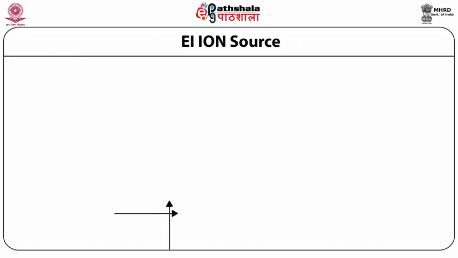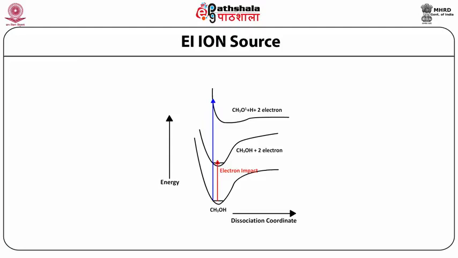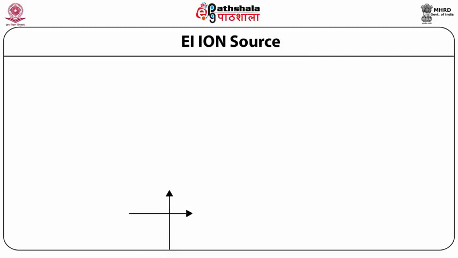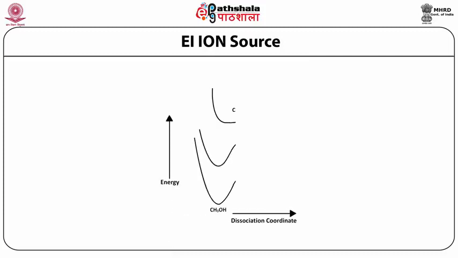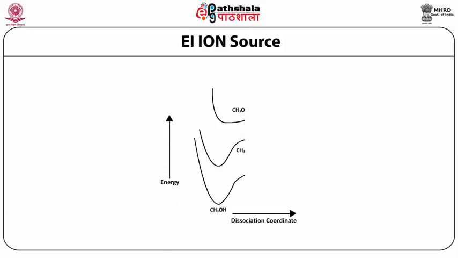The schematic diagram of an electron ionization ion source, for example, if it's a magnetic source, then north pole and south poles are there. Analyte enters into the ion source, whether it is a direct insertion or it's a GC or HPLC. The electron beams bombard the neutral molecules as it is depicted here. Electron beams have been shown by E minus. A is a neutral molecule, and then it ends up into A positive or A plus dot. It may also form A negative, but it depends on the mode of operation of the equipment.